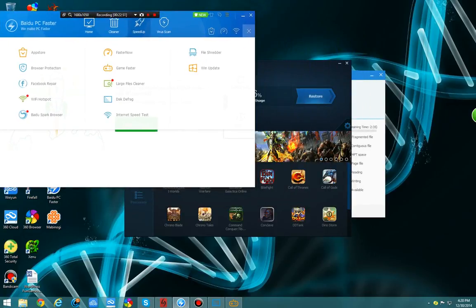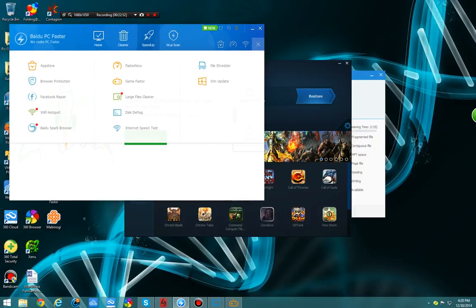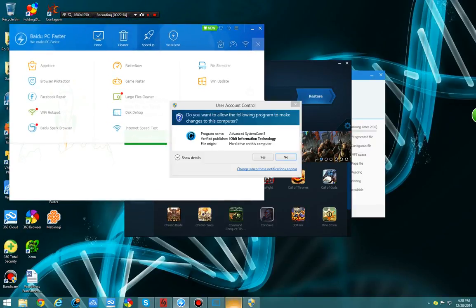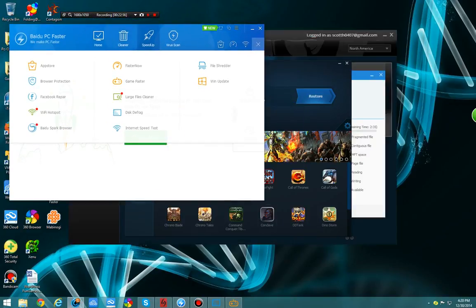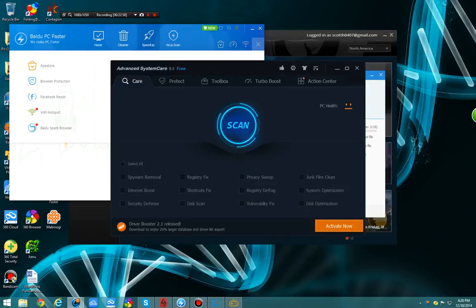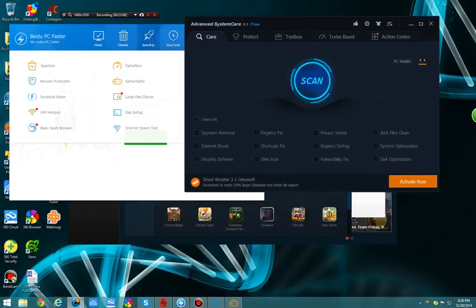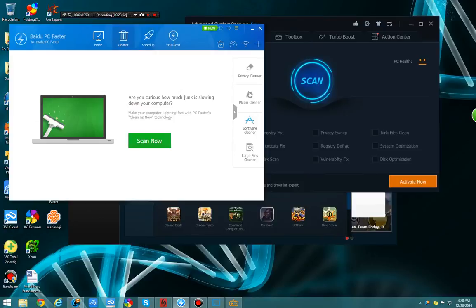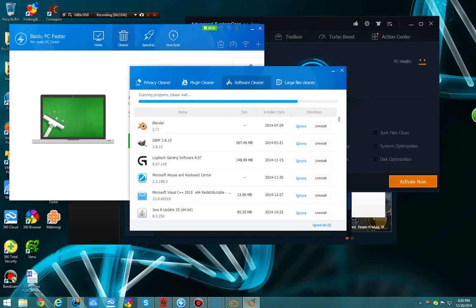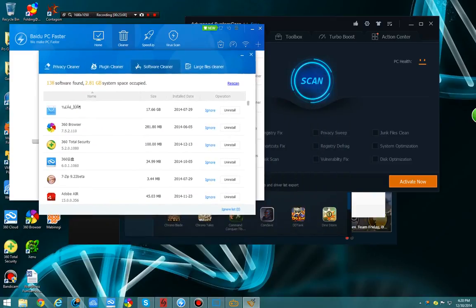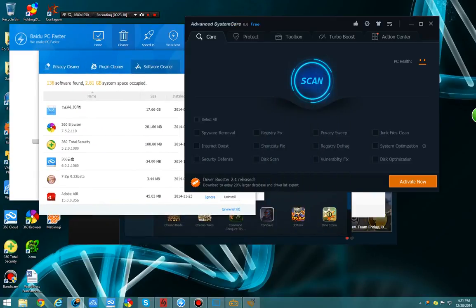We have this interface with Home Cleaner Virus Scan, and it's got to launch it because I told it not to run in the background. And let me think. The only thing it doesn't really do is the shortcuts, and it doesn't do shortcut cleaner, I'm sorry, but it does do the system optimization, the junk files, the disk optimization,